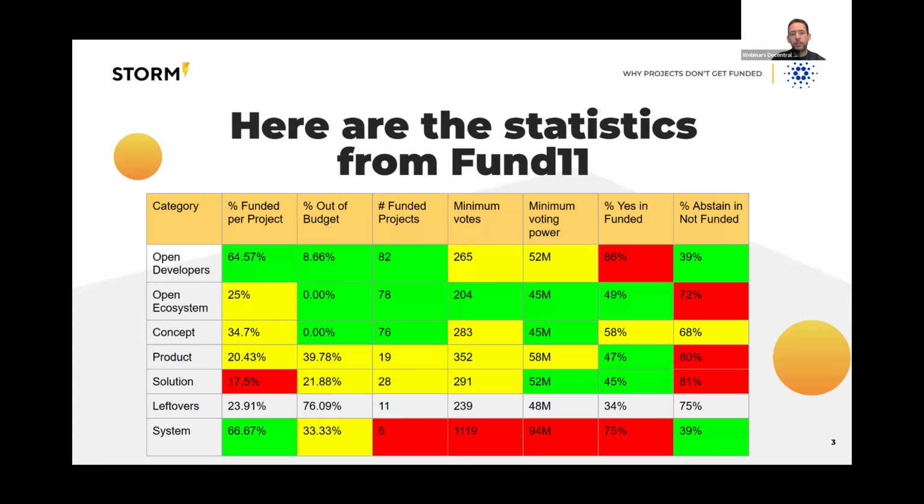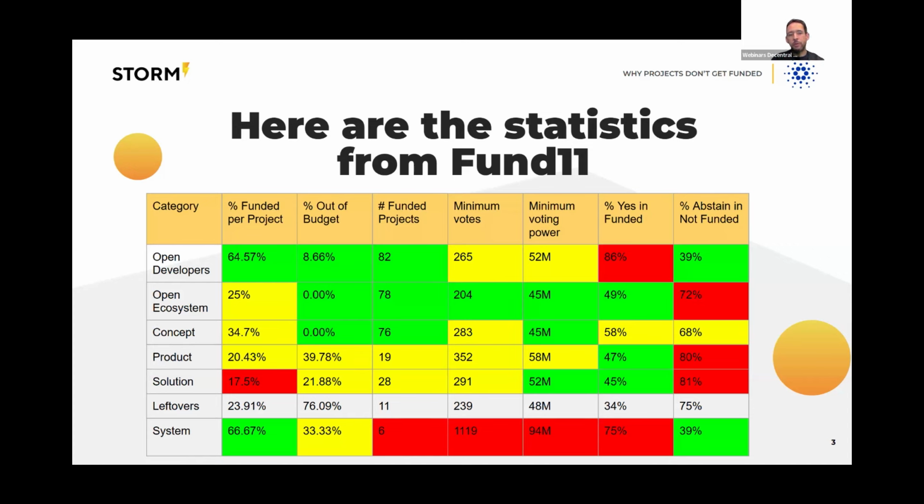So for example, if we take the open developers line, which is all the open source development that is done within the Project Catalyst program, you'll see that overall, it was much easier to get funded when you were doing open source development for the benefit of the ecosystem. And that makes sense, right? Because it is to the ecosystem's advantage to fund people who are adding value to the ecosystem, making it easier for people to build in it and creating tooling that makes developers' lives easier. So it had a whopping